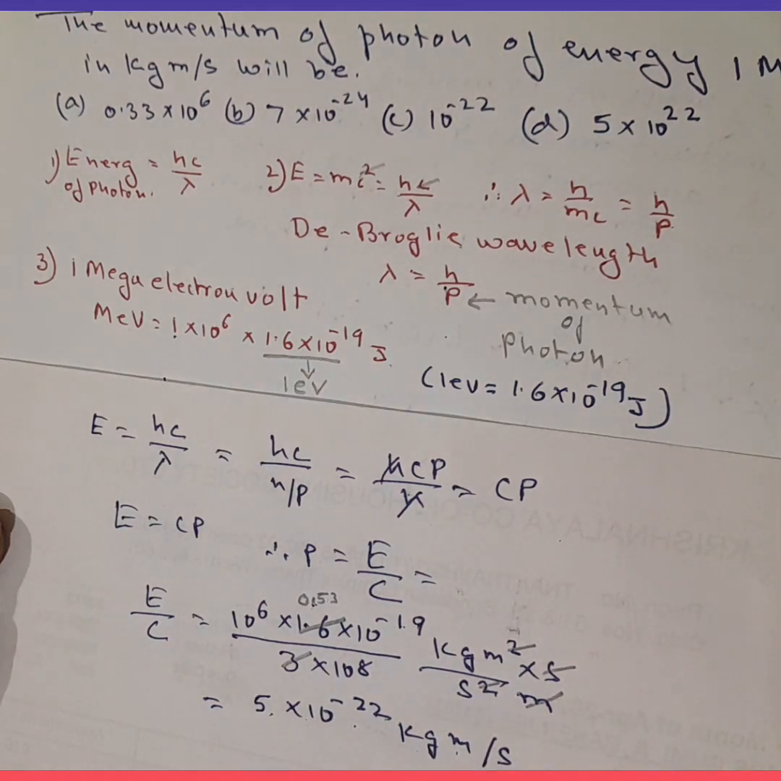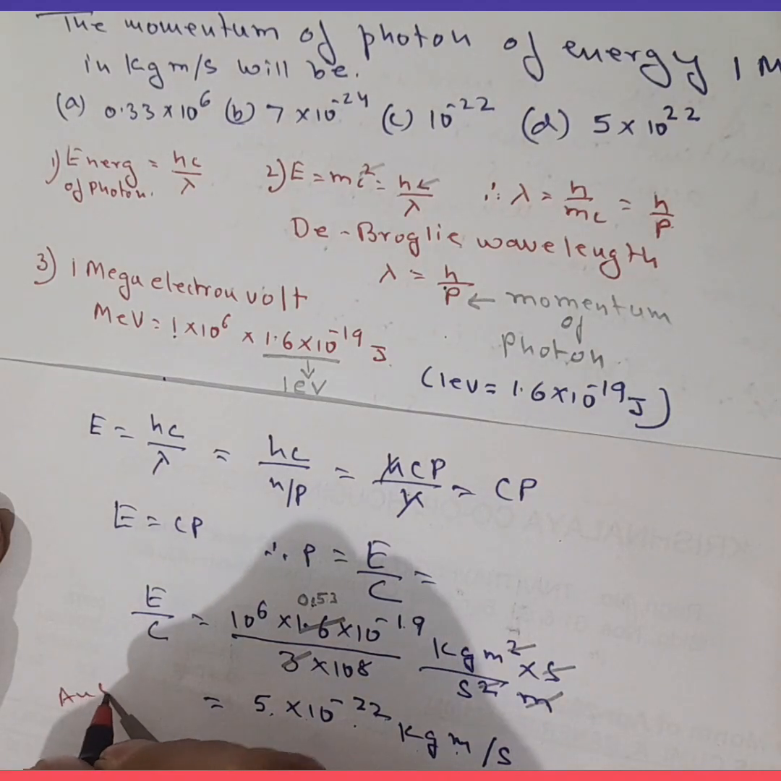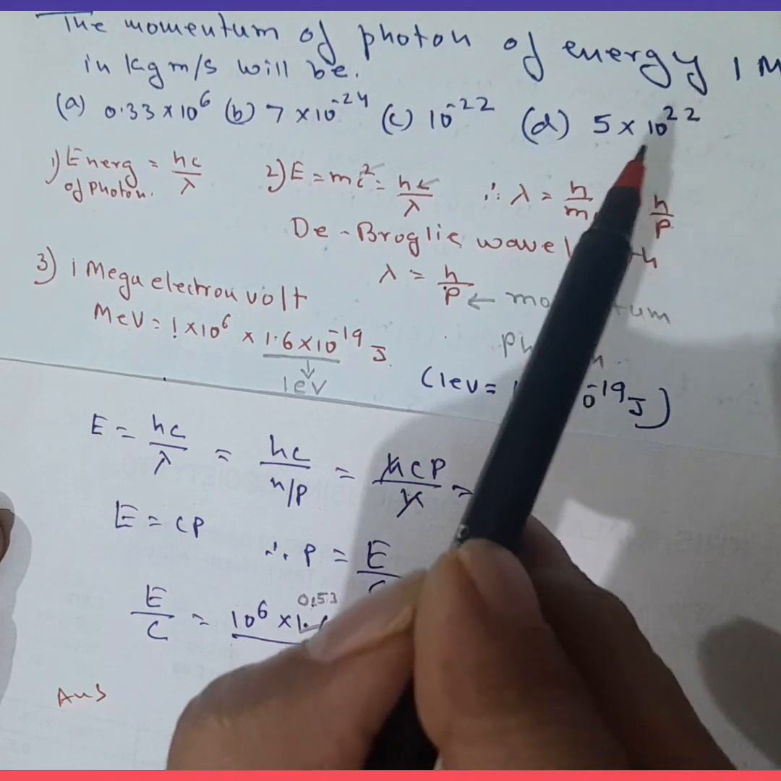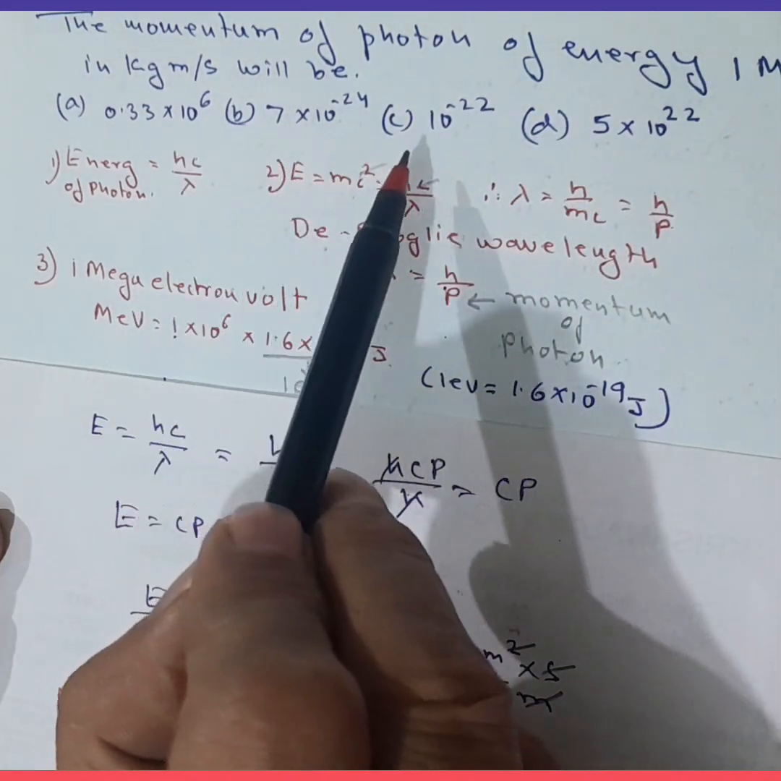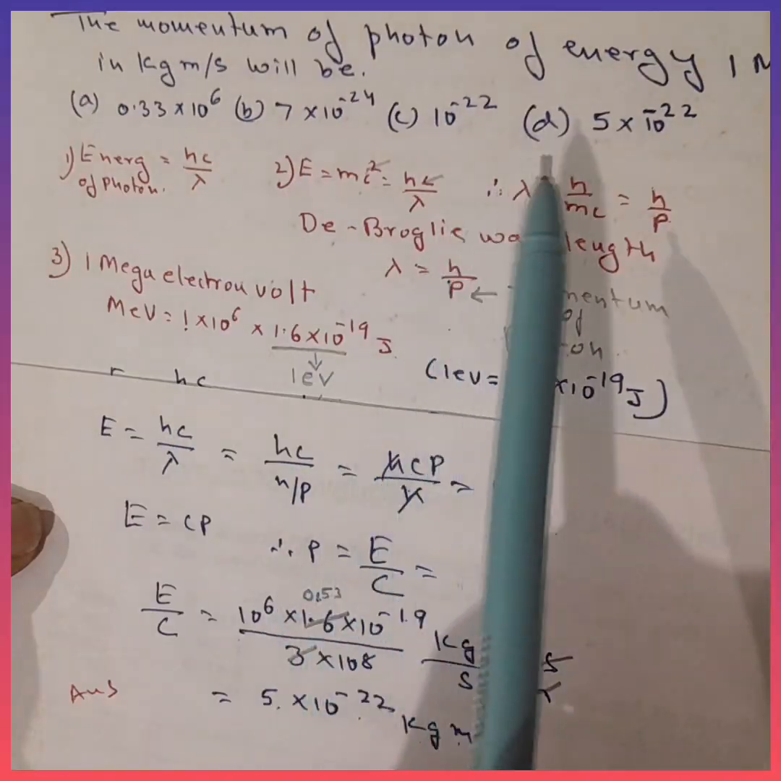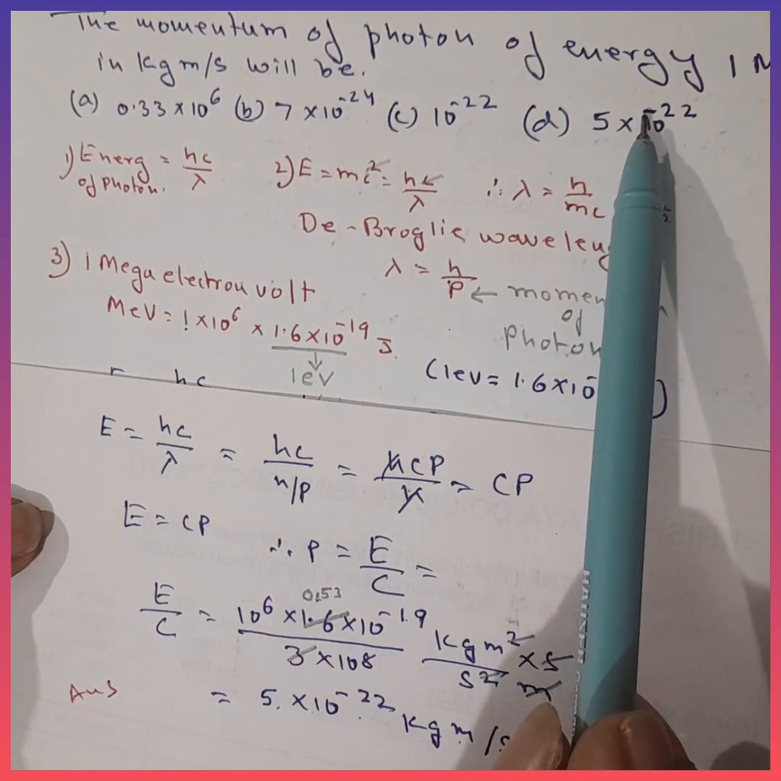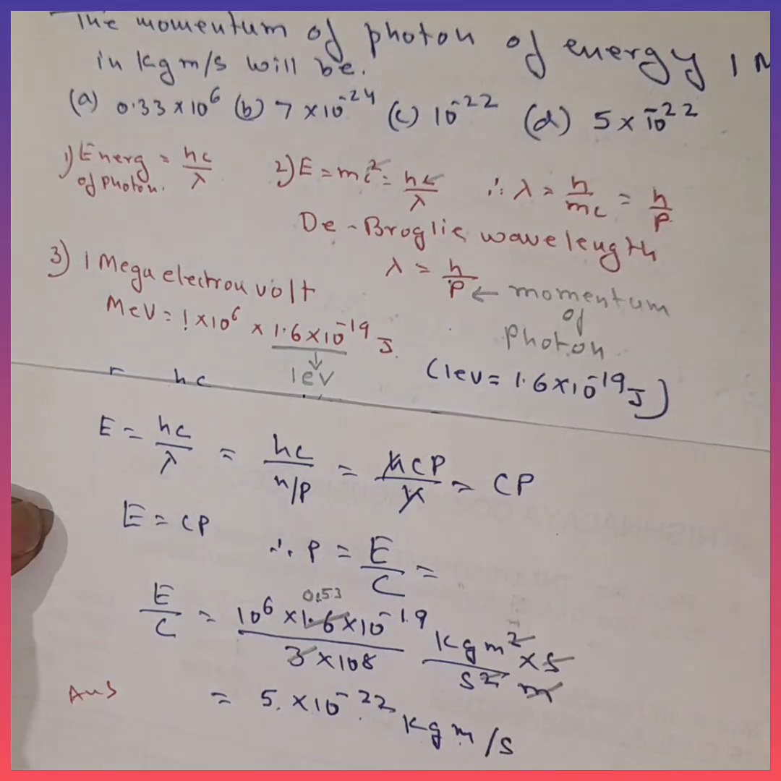So the answer is, let's check out what is the answer. Okay, it's not there. The answer was not there. I forgot to mention minus over here while writing, so typographic error. So minus 22. So the answer is